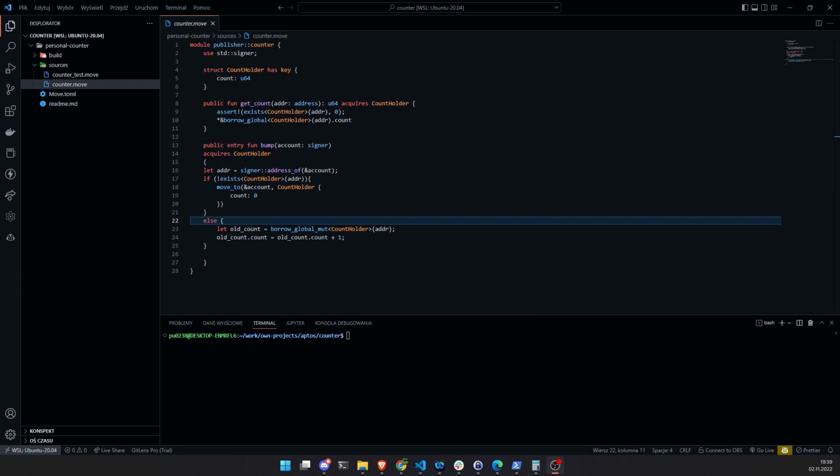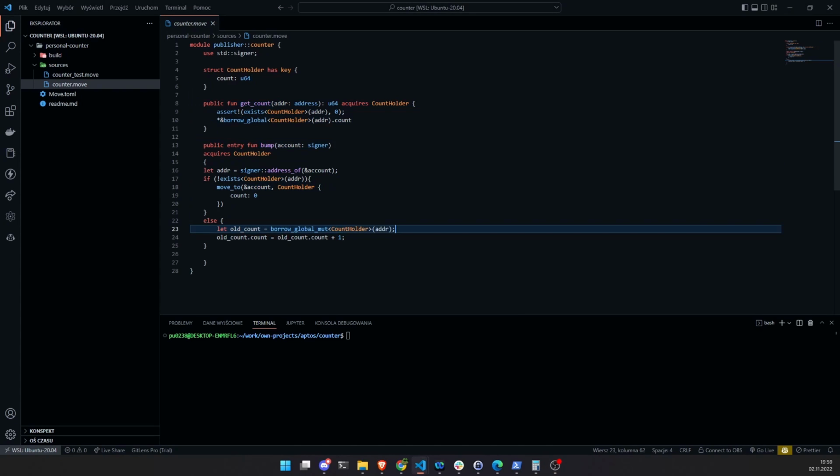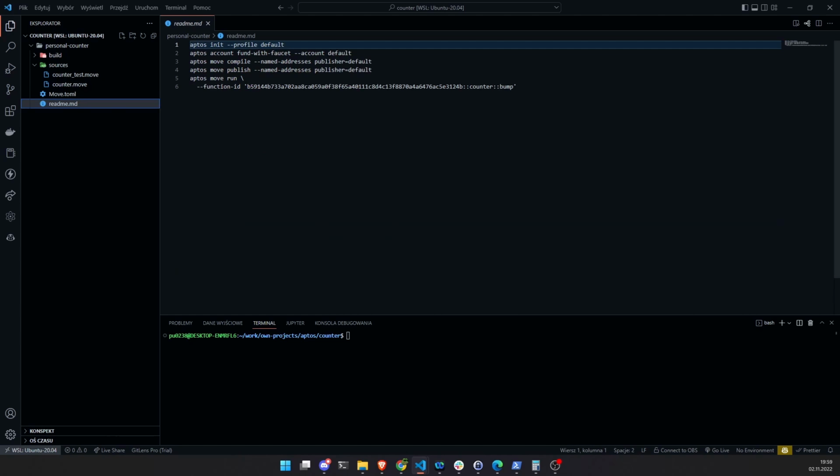So this is our counter, as you may see, and to deploy it we need to do a few steps. Basically I noted them in my readme file. If you don't have a wallet, you first need to create one. You need to pass this command to create your default profile, because in the Aptos network your wallets are stored